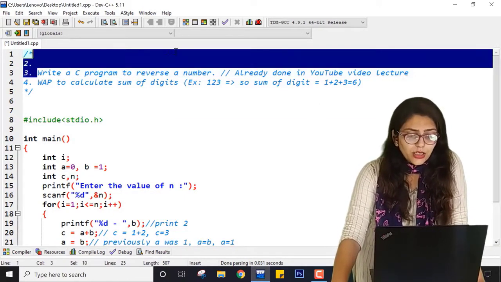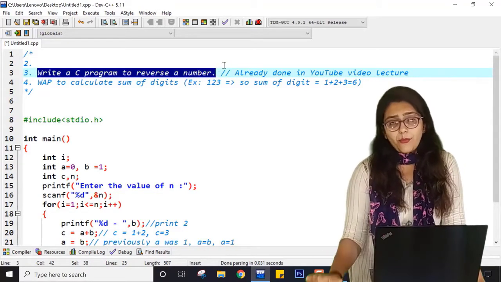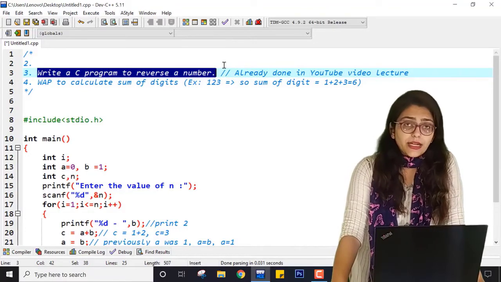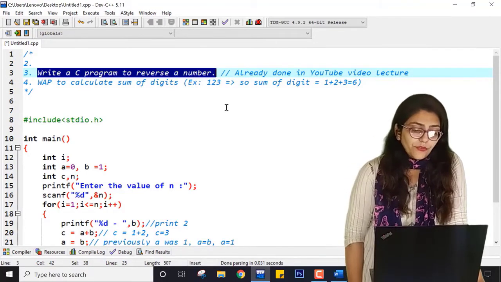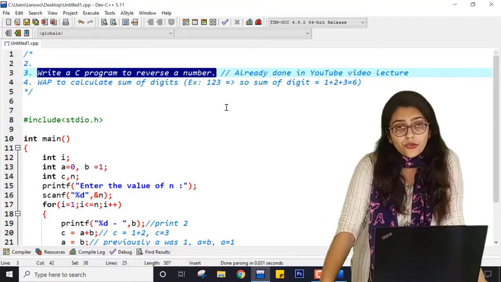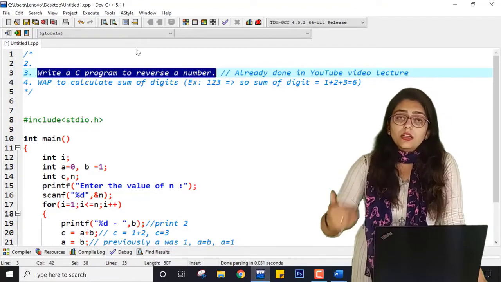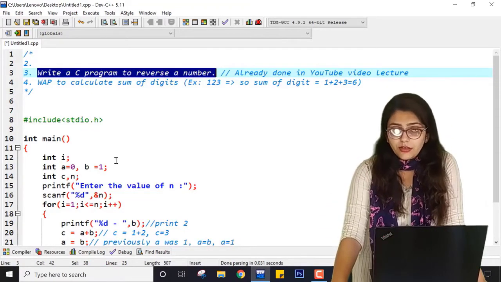This practical I have already covered in a separate lecture because this practical is really very important. The logic that I have used in this practical is really very important. So if you have not understood this practical, then please go to that video and watch the logic again, because the rest of these practicals are based on the logic which is used in this practical, right?